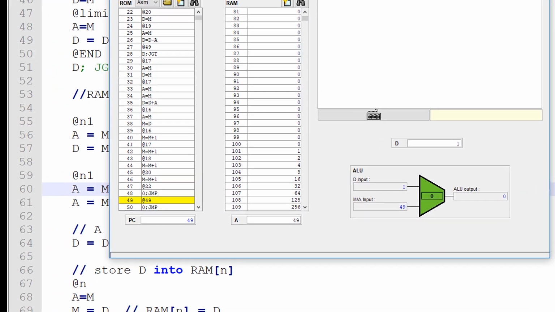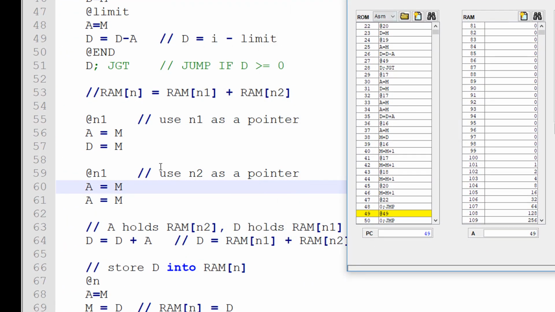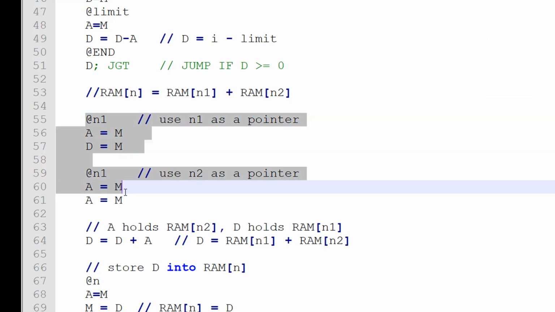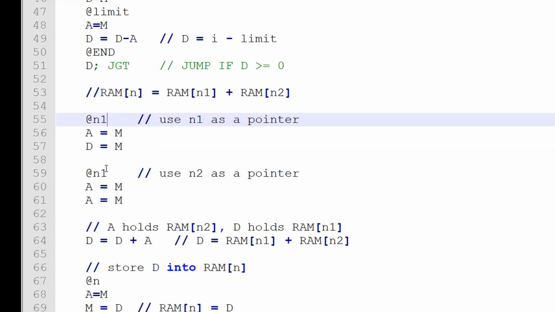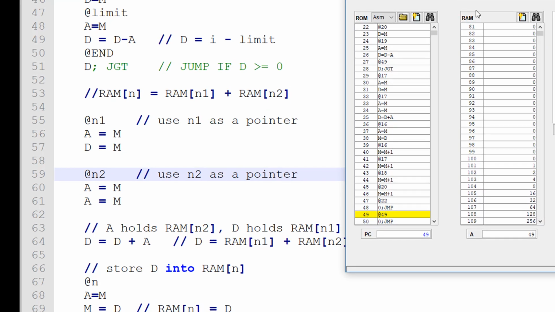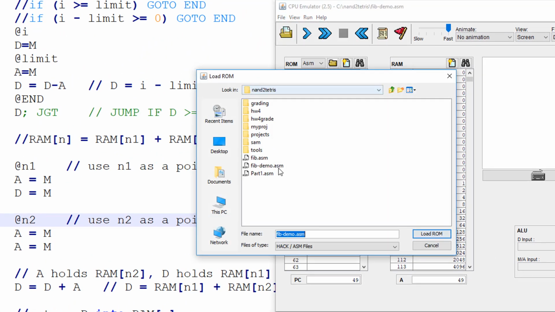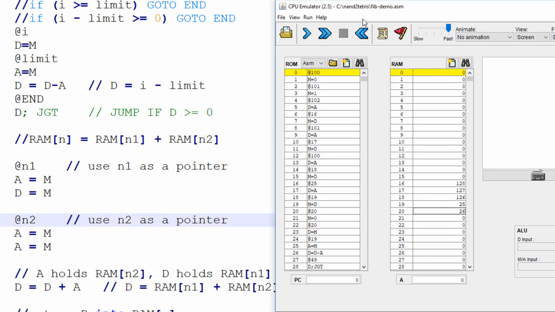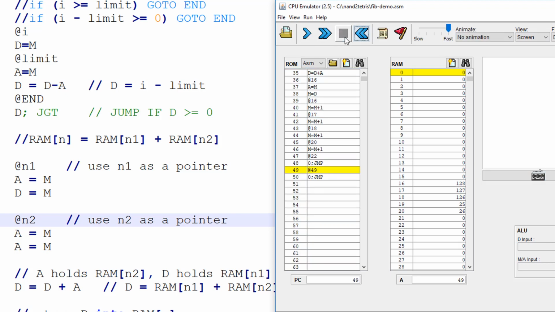So we go back and look at our code. We're trying to debug. Here's where we're getting these two numbers from. And actually, I used the wrong variable again. So we're going to fix this variable, n1 and n2, and let me save our work, and we'll go back, reset, and rerun the whole thing. Load program, fib demo, reset, run. Just wait a second. Let's see how long it goes. All right, hit stop. Actually, I should have reset all of this. Clear the memory, reset,